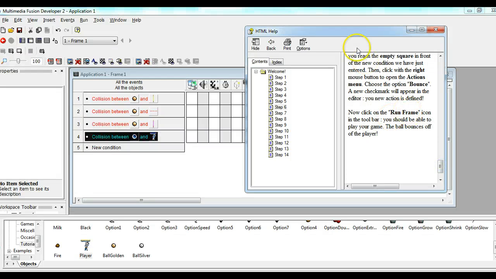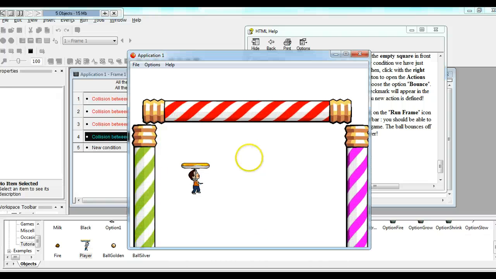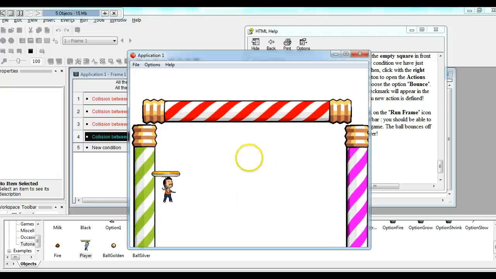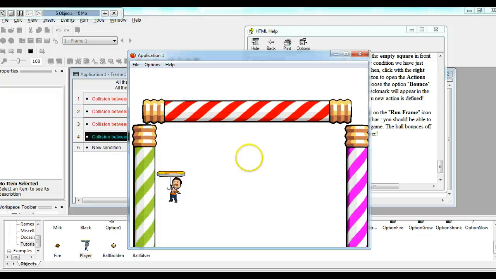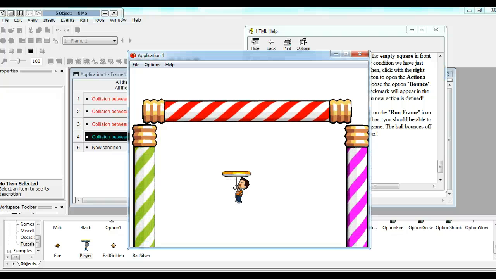Now click on the run frame on the toolbar. So let's go up here to run frame. So here we are. You can see I'm moving the guy around. The ball just went past me. I lost it. So we're moving the guy around to hit the balls. Now I have no mouse, right? That's what it said before. So if I hit function F4, it doesn't close it. If I hit Alt, or if I hit Alt